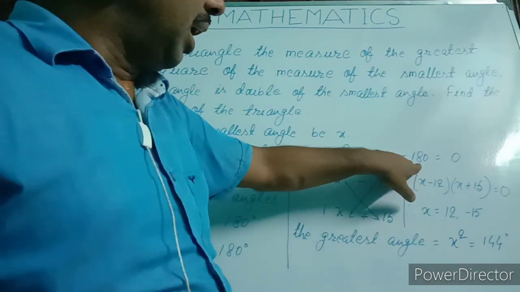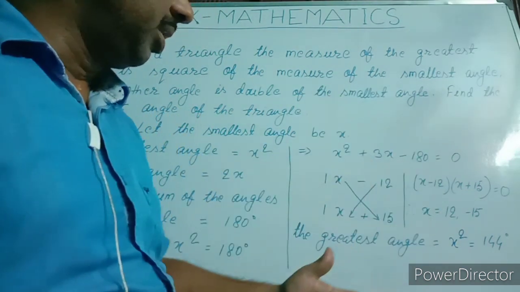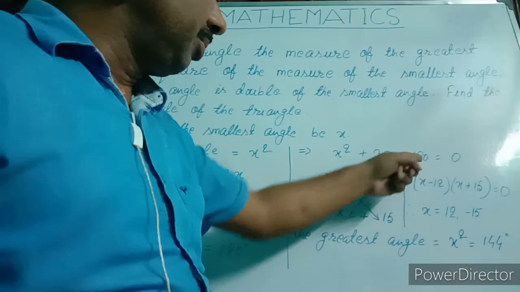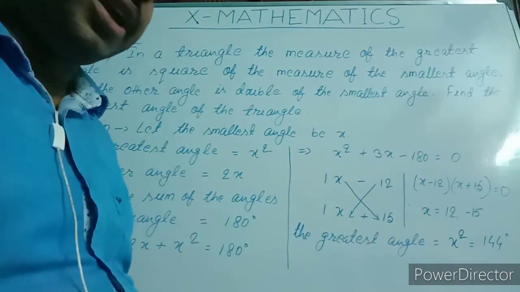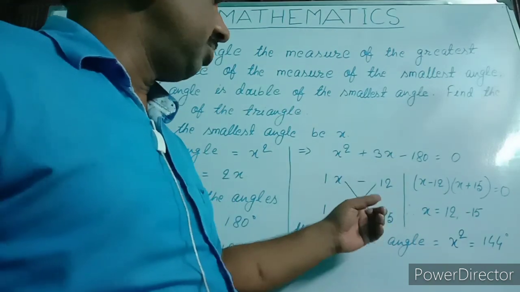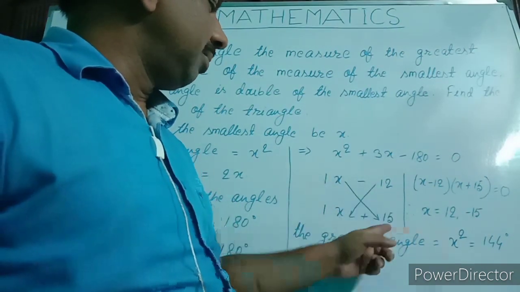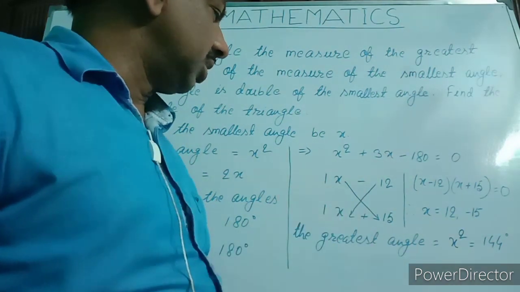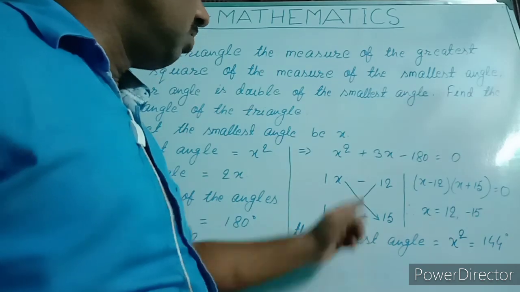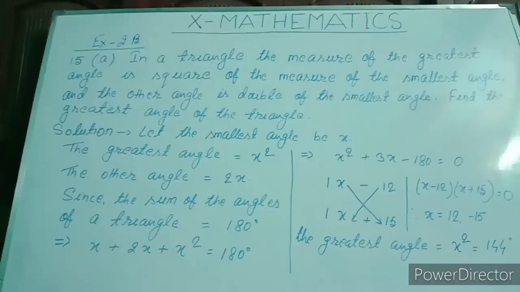This side I split this 180 into two numbers, such that their product should be 180 and their addition or subtraction should be equal to 3x. So this splitting became 12 and 15. A smaller one I wrote above, bigger one I wrote below. Then I put the symbol of this cross multiplication. Now we'll decide which symbol will come here and which symbol will come here. 15, if we write plus,